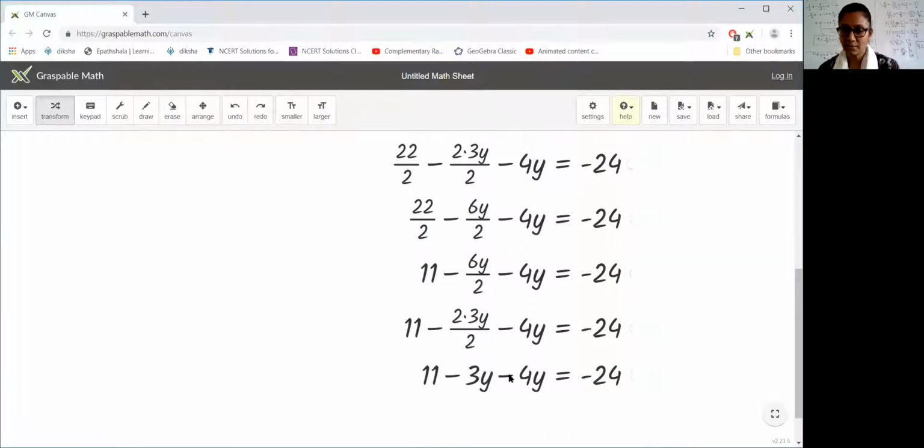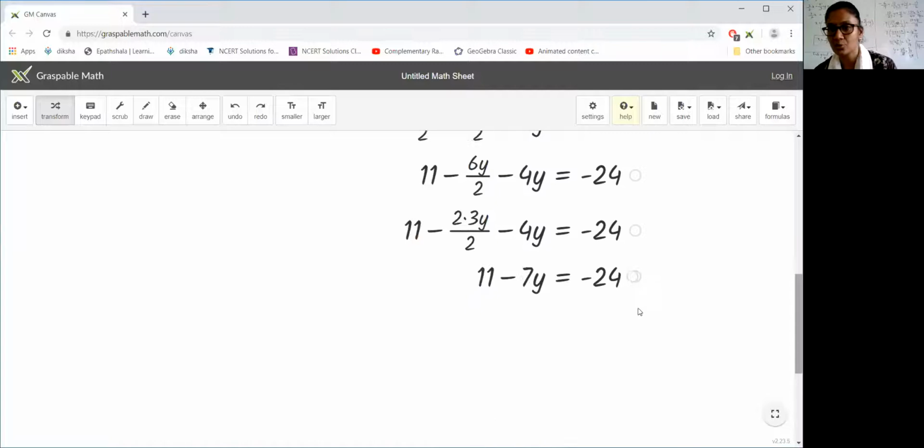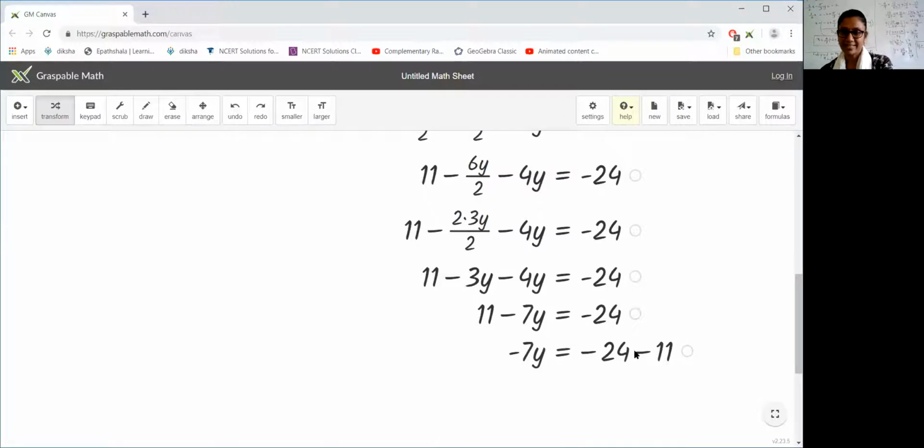Then I have to take these 2 are like terms. Maybe I can add them. Both are negative, so it has become negative 7y. I'm just scrolling down still to show you all the steps that we have done so far. Next what? I take the 11 to the other side. The positive 11 will go as the negative 11. Did you see that? Then I add these 2 numbers. Both are negative, so you will add them and put the same symbol.